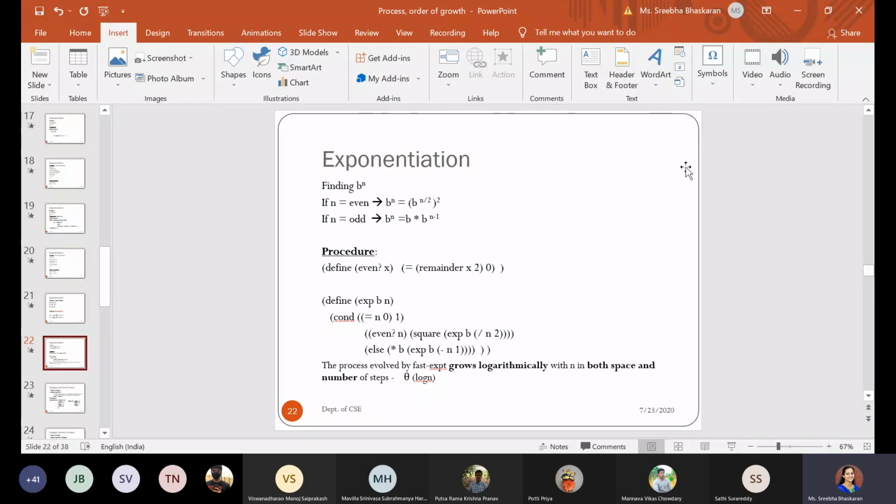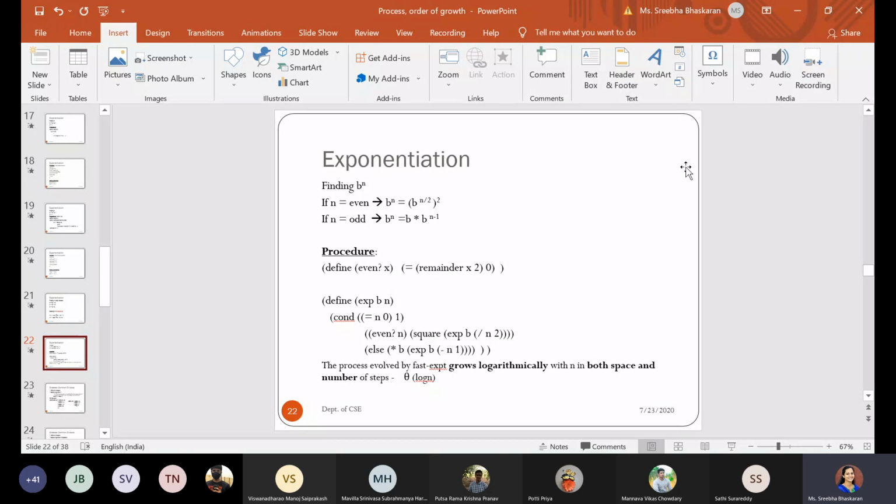If you define the procedure in a linear recursive way, then the order of growth in terms of time as well as space was theta of n. In this subject, we take the order of growth with respect to theta notation, because that is considered the average case.